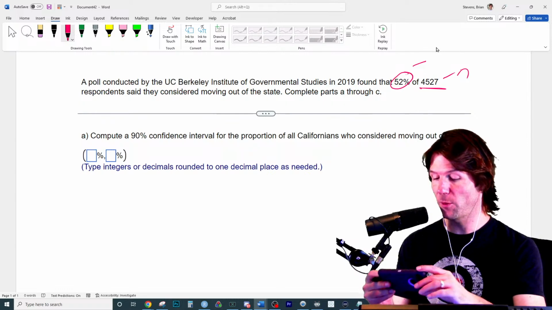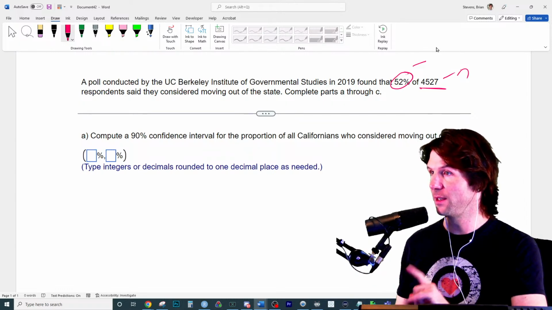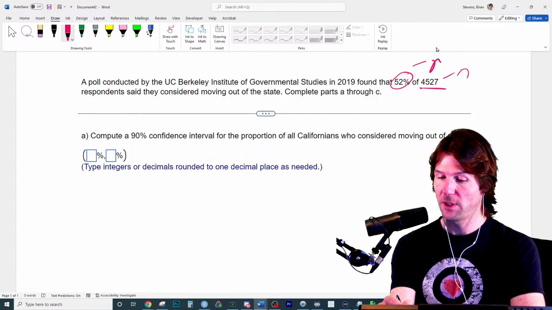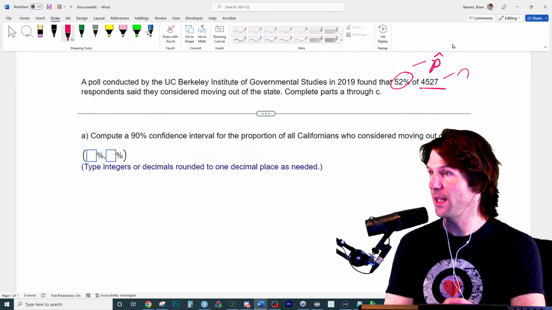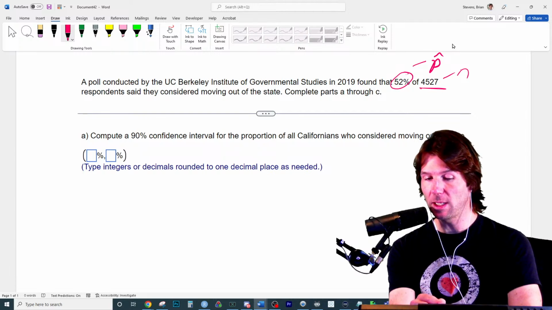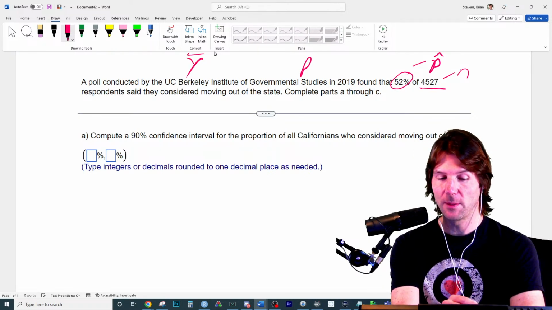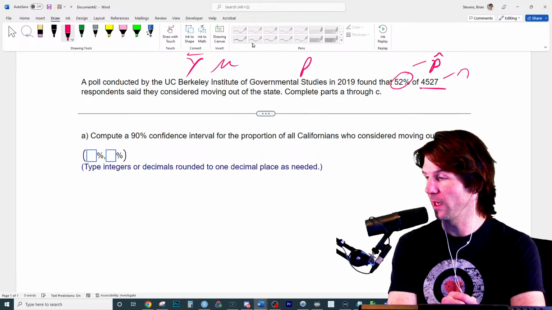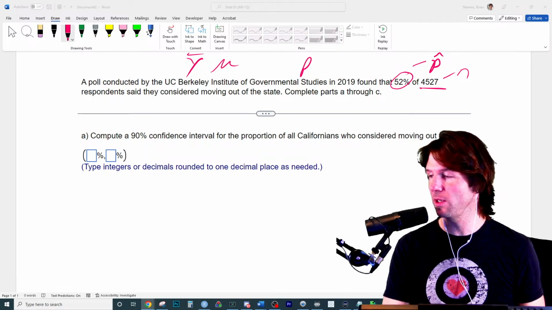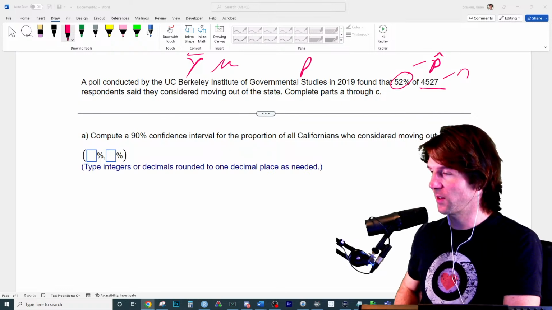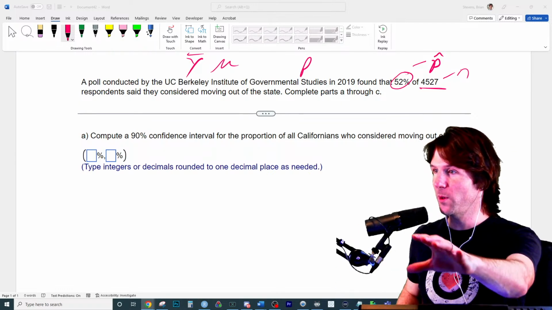Make flashcards with these if you want, where it says sample proportion. So Y bar is sample mean. P hat is sample proportion. P is true proportion. We don't know what the true proportion is. Y bar is sample mean. Mu is true mean. No, good guesses. Evan, I can't tell you how much I appreciate you just trying. You just got to practice. Don't worry. You're going to see people in class ask, wait, what's Y bar? What's mu? What's P?